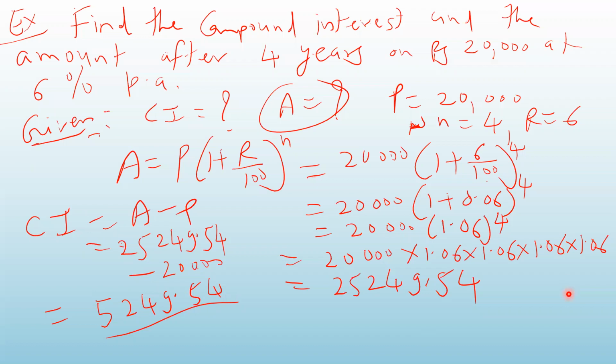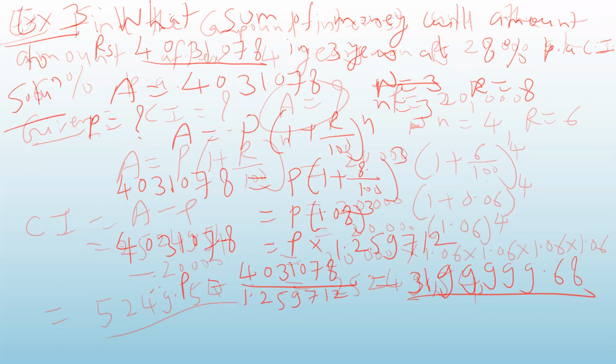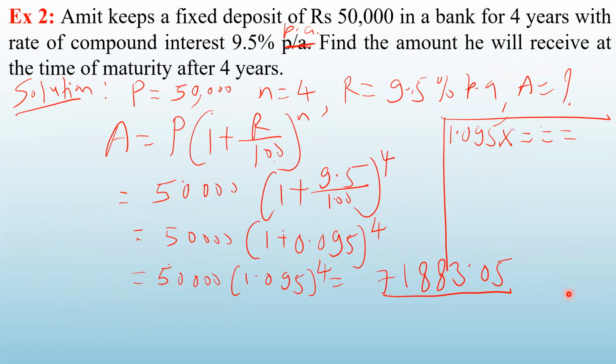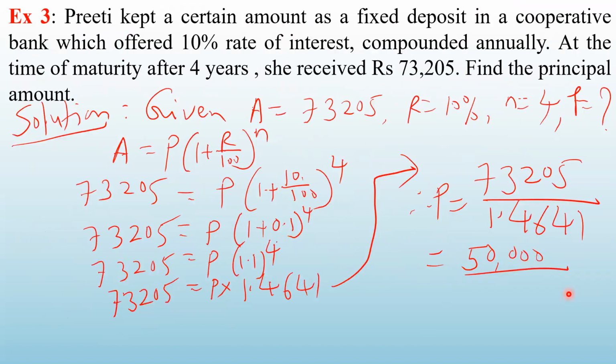So today we have solved problems in which we calculated compound interest, amount, and, if the amount is given, the principal. This is the type of problems we have seen. As I told you, in this formula, 4 unknowns are there. If you know any 3, you can find the fourth one. So in the next lecture, we will see if A, P and R are given, how to find N, or if A, P and N are given, how to find R.